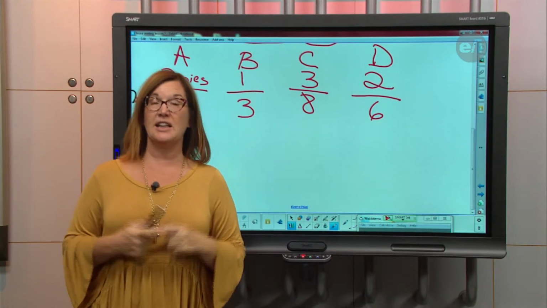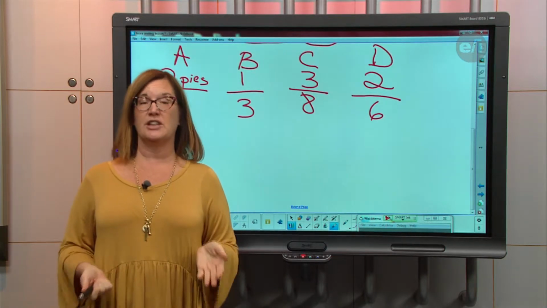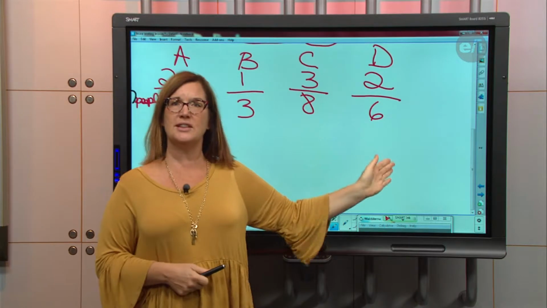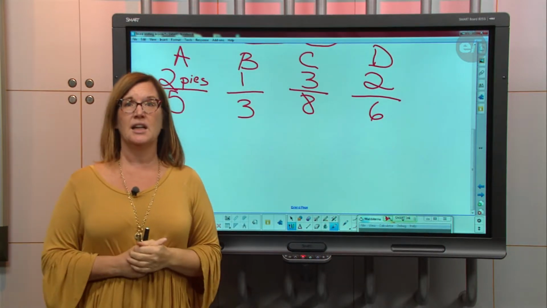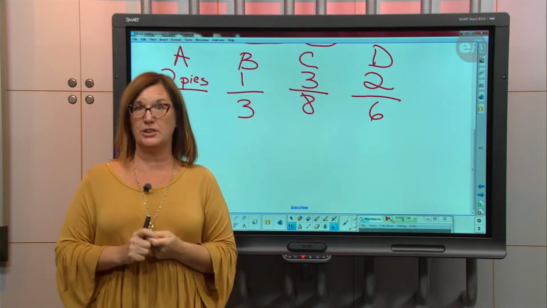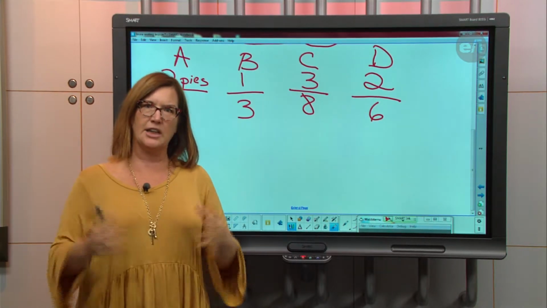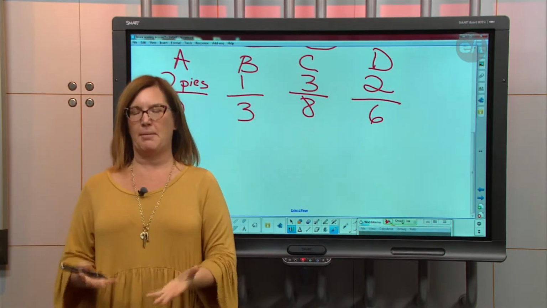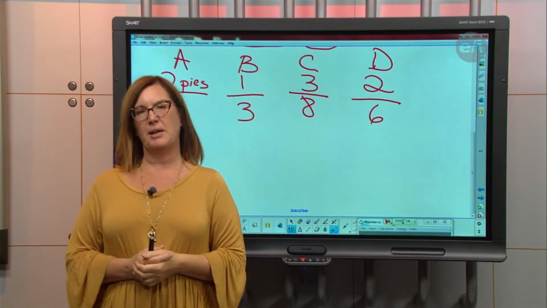So what I'm going to do is I'm going to give these guys all a common denominator and think of a number so that I can compare them. I cannot compare 3/8 to 2/6 just off the top of my head, unless I convert them to decimals, and you know your benchmark numbers, which a lot of people do. But for the younger guys out there, we're going to kind of do this the longer way. I need to have them all with the same common denominator. That's how you can easily compare fractions.